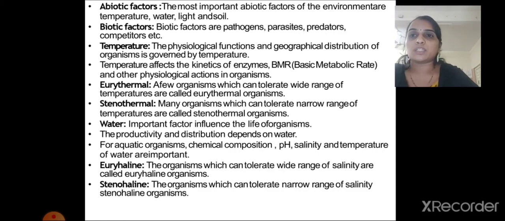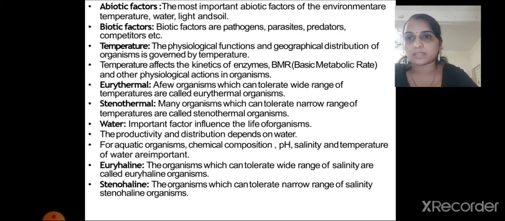First, eurythermal living organisms. Eurythermal means a kind of living organism which can tolerate a wide range of temperature. If extreme hot temperature is there, they can survive. If extreme cold climatic conditions are there, they can still survive. So the living organisms which can tolerate the extreme range of temperature are called